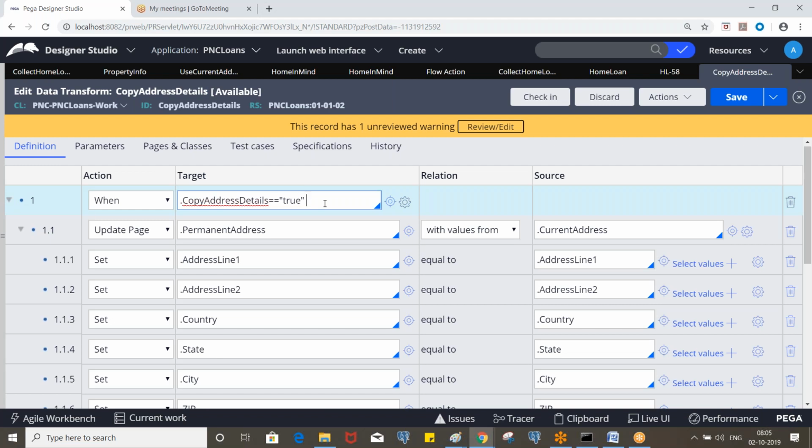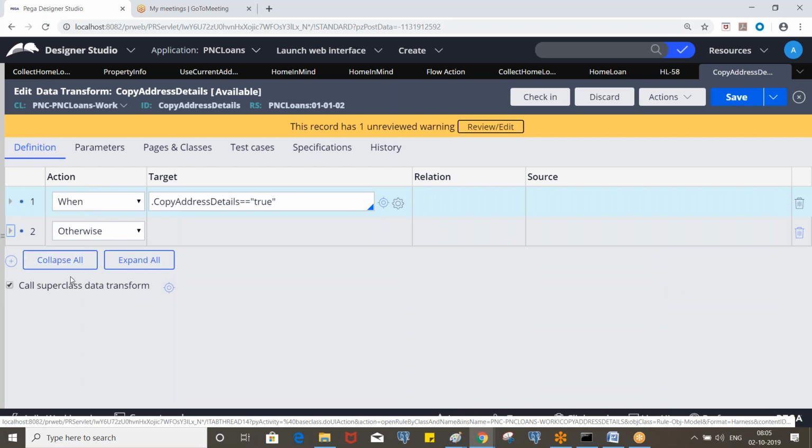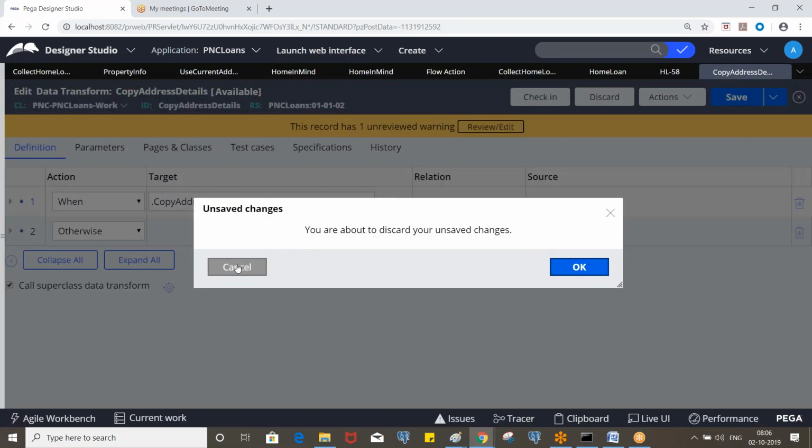So if copy current address details is equivalent to true, and new assign page dot py default start task status is not equivalent to home loan details, then the previous logic applies. And if new assign page dot py default start task status is equivalent to home loan details, then your logic will be executed. So if you want to reuse the same, understand, right? Got it, thanks.